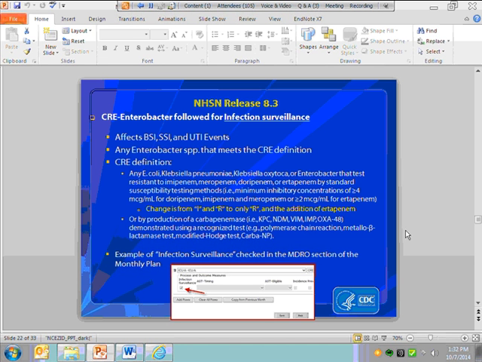The primary change is it's changing from intermediate and resistant to only resistant, and the addition of ertapenem. You can also report it based on production of a carbapenemase. Here's the example of infection surveillance checked in the MDRO section of the monthly plan. Right here, I think